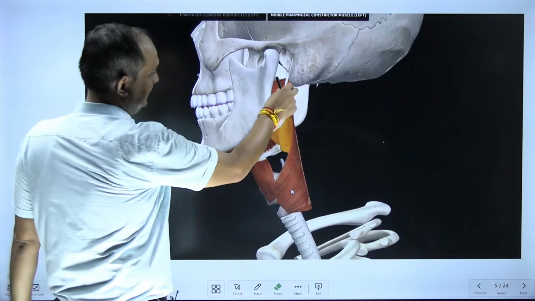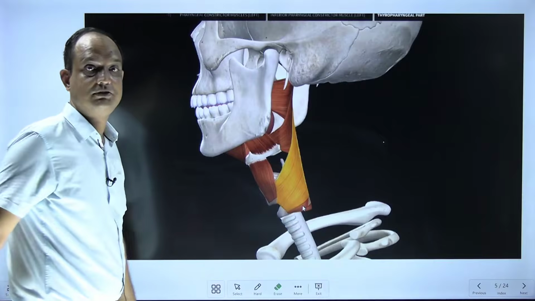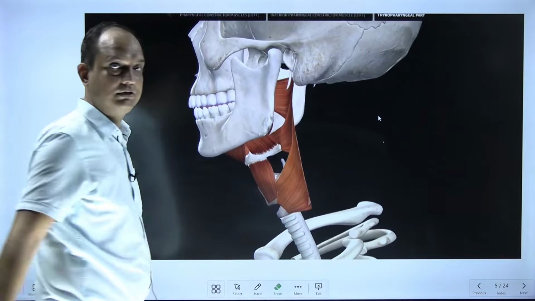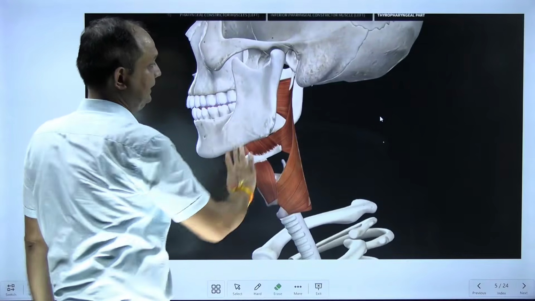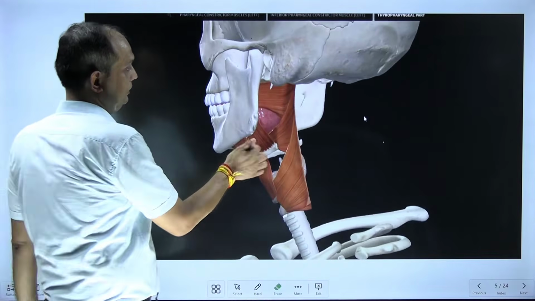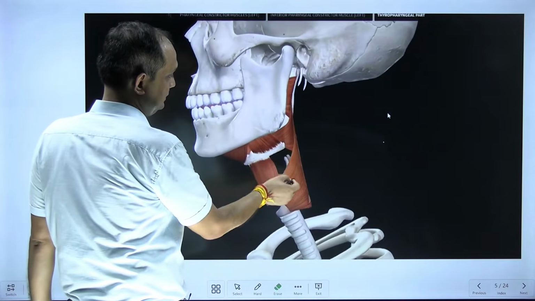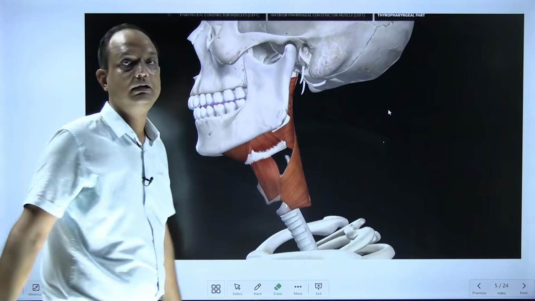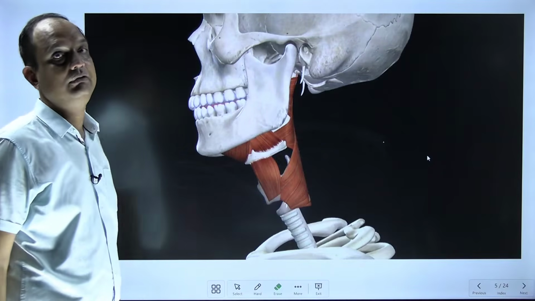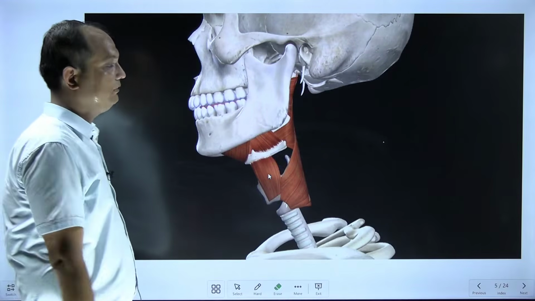Now here you can see that there is a placement of the constrictors. Now these constrictors are superior, middle and inferior constrictor. Superior constrictor is again not the part of your carotid triangle. In the carotid triangle, you are going to deal with these two constrictors, that means the middle constrictor and the inferior constrictor. So in this video clip, now it is very well clear